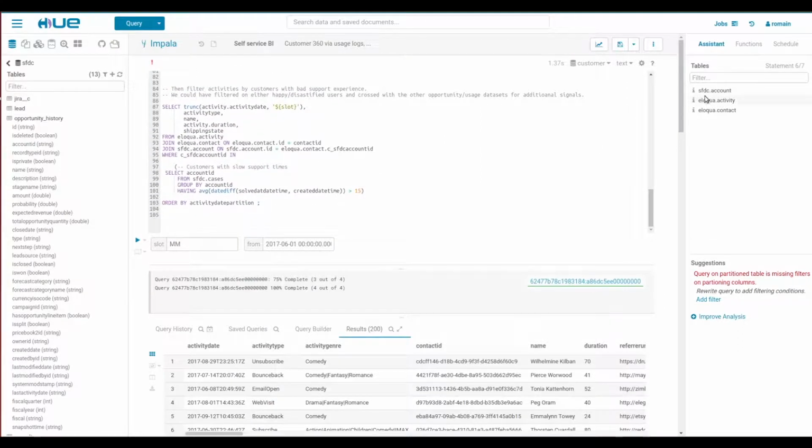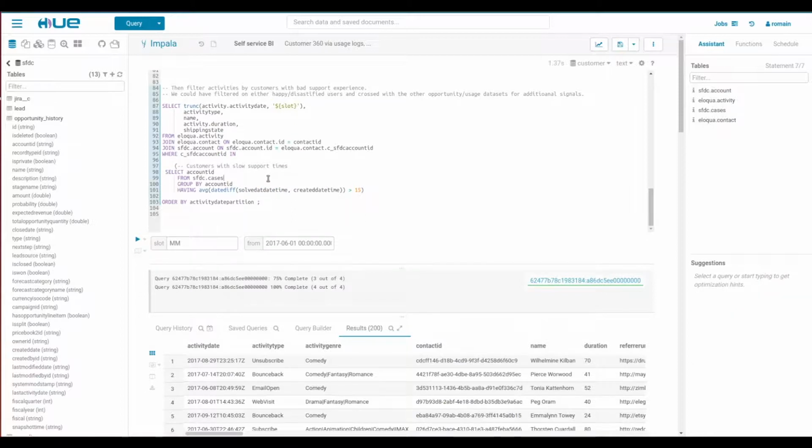So here we're linking our marketing campaigns with our Salesforce accounts. And even better, based on the previous query, we want to just get the marketing campaigns done for customers that happen to have now more than 15 days in average of time to fix their issues.